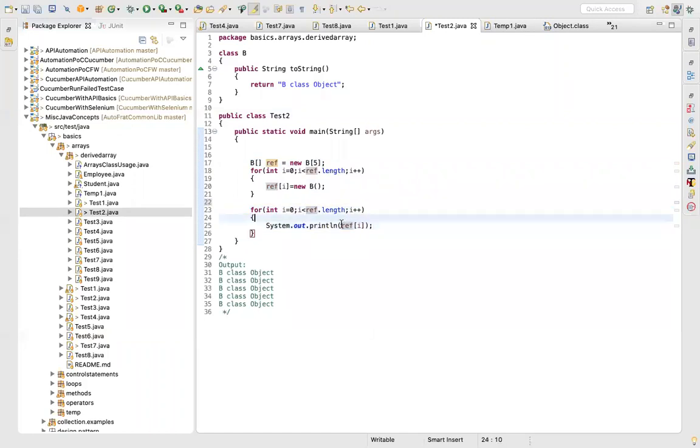Here I'm simply printing ref i. This is how I'm fetching the values from the array, and this will call toString. Now, if this were not here, it would have called the toString method present inside the Object class, and that would have returned the hash code. But that's not the case here. I have overridden this, so in this case it is only returning me